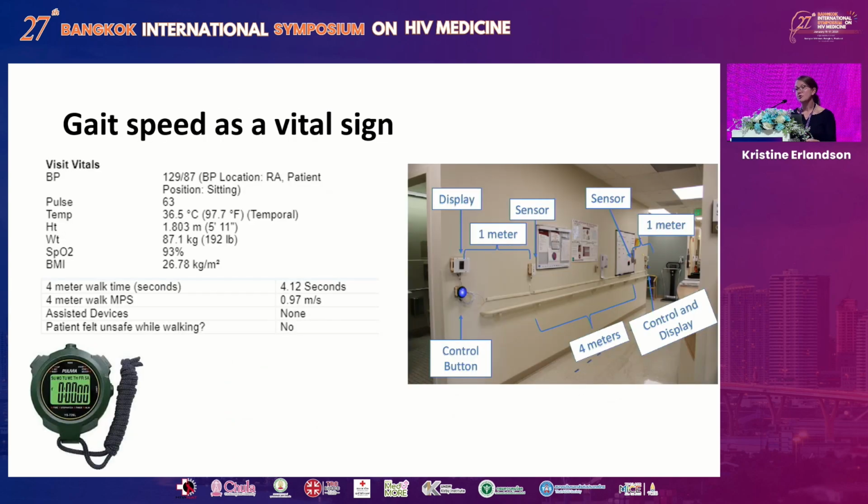We are particularly interested in gait speed. Gait speed, as I mentioned, requires very little time, and it's simple to do and highly associated with mortality and poor outcomes. And we've been working, in a pilot study in our clinic, to get gait speed measured as a routine vital sign in all of our patients with HIV that are 50 or older